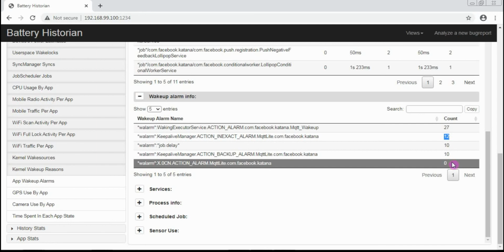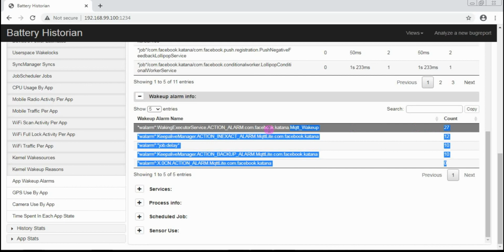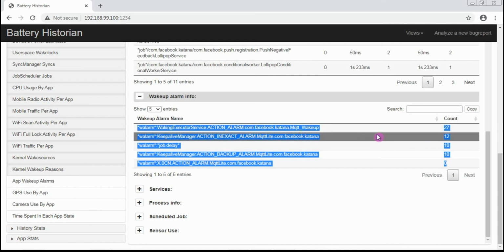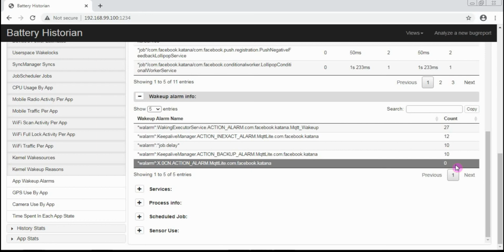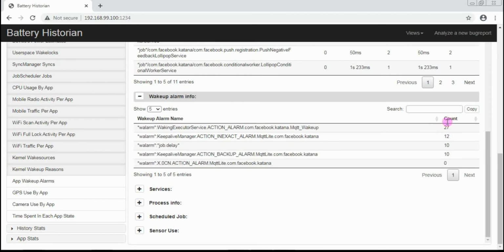If for your particular application you feel there are a few wake up alarms which are getting executed multiple number of times and it is not actually required, so it has been missed by the developer, he has forgotten to stop that particular alarm count, so we can fetch it from here, we can raise it, and that may get fixed in terms of optimizing the alarm. So when next time you compare the battery logs, you won't be getting it for this particular huge count.